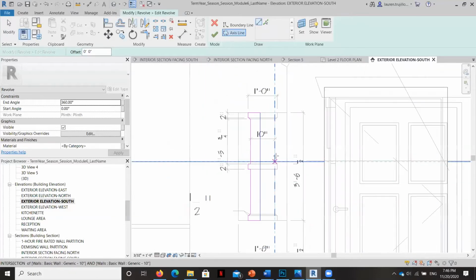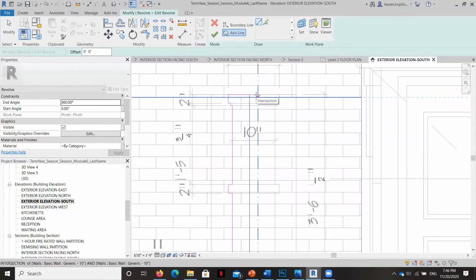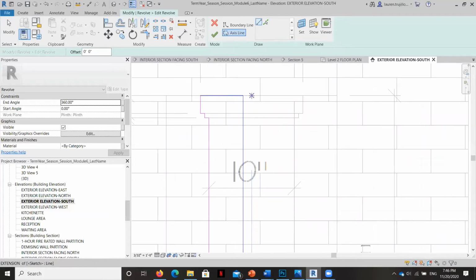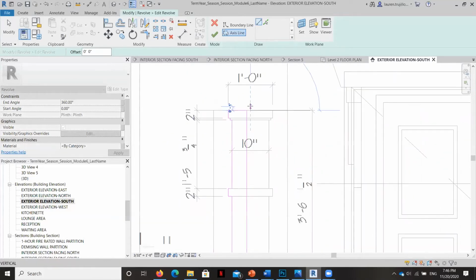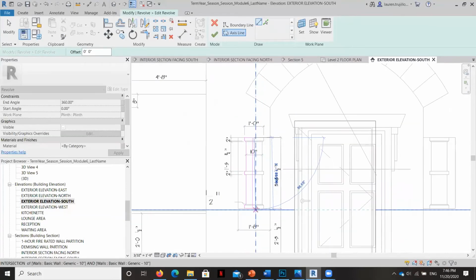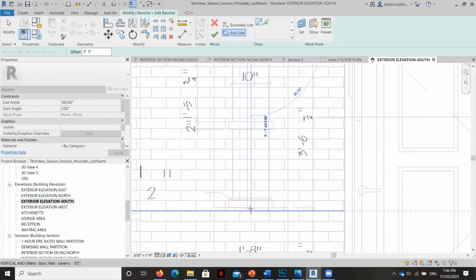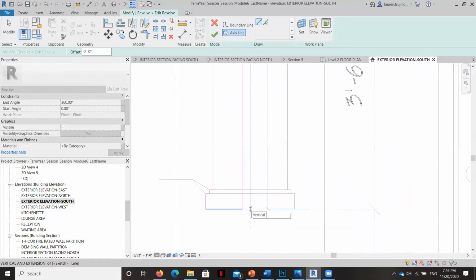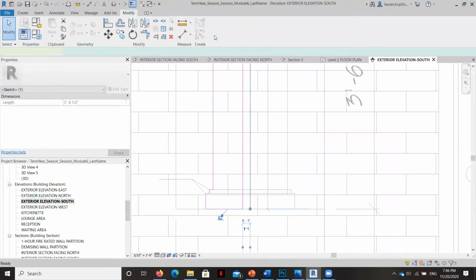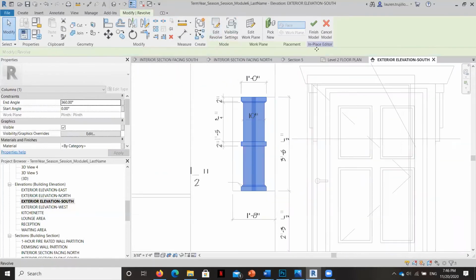And if I revolve this around this midpoint line right here, it'll have a hole in the middle.